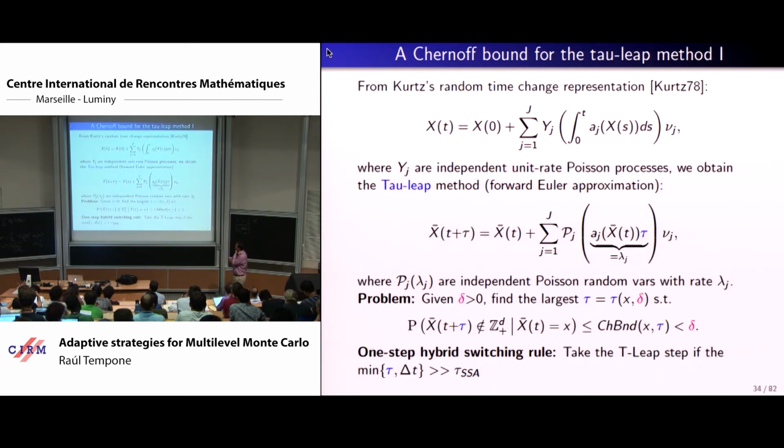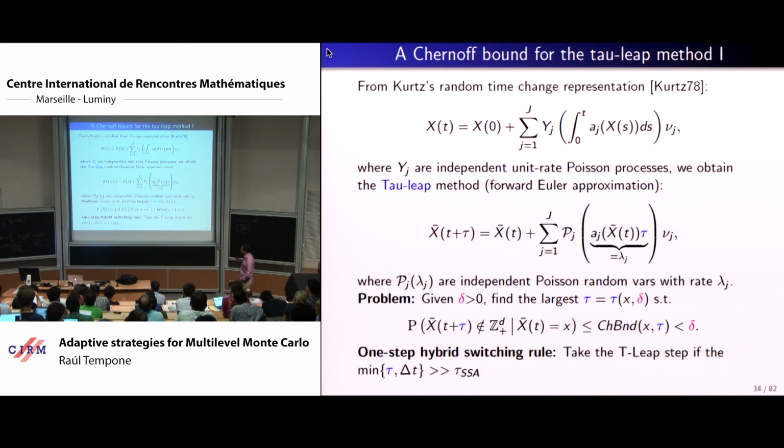So how do we go about it? To motivate the different methods, the whole thing can be written through this Kurtz random time change representation as a counting algorithm. Essentially, the number of species that you will have at time t is the number of species you have at time 0, right? Changed by what? Changed by the number of times the j-th reaction occurred. And the number of times the j-th reaction occurred is described here by a Poisson process whose intensity is non-trivial.